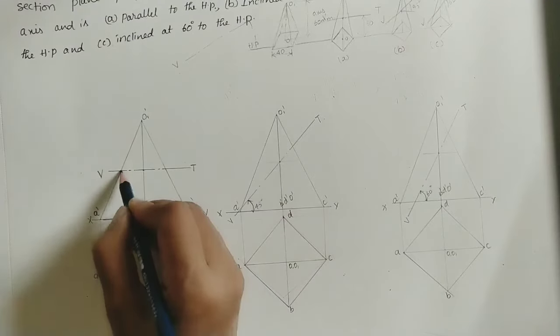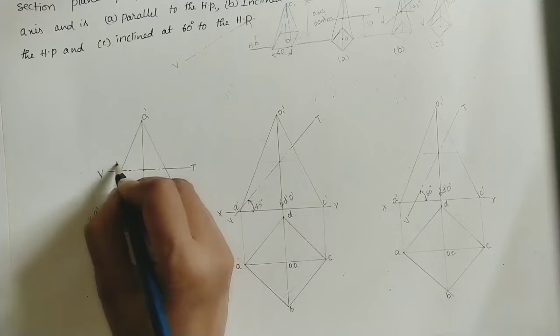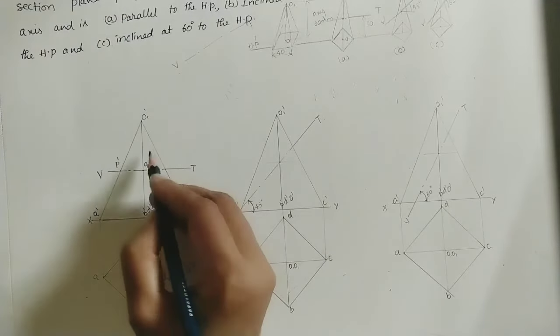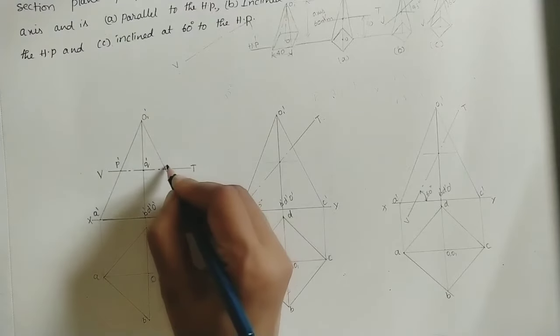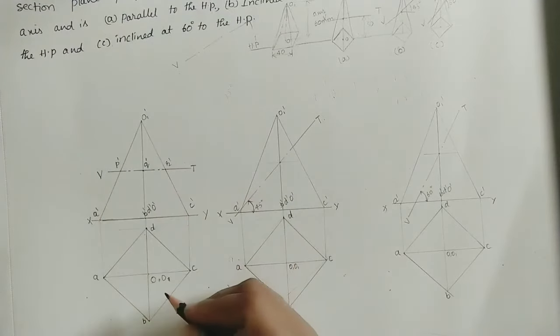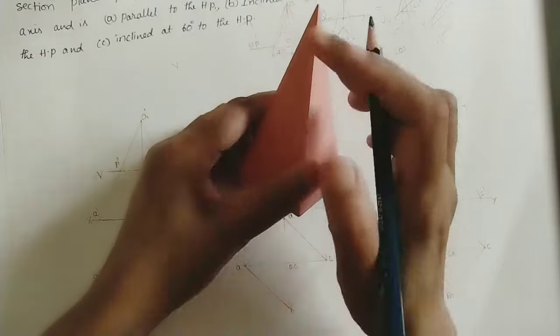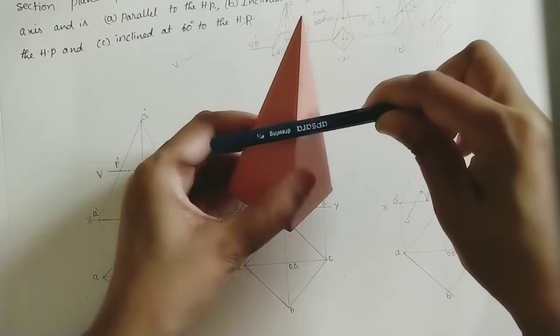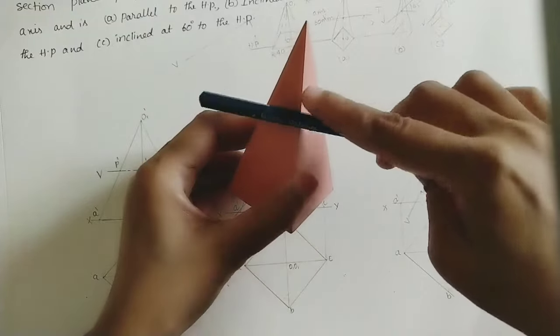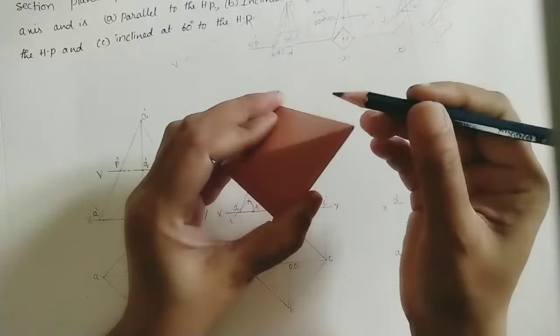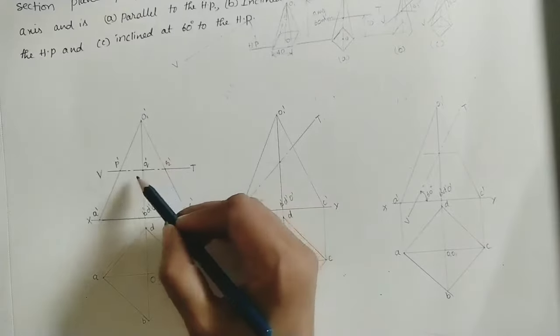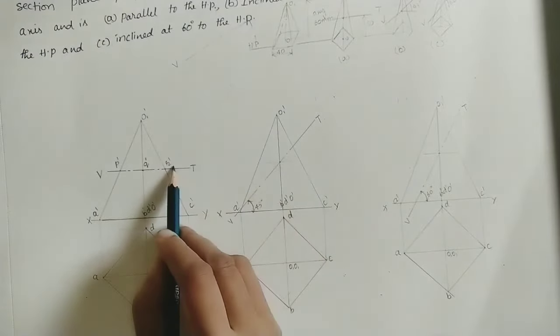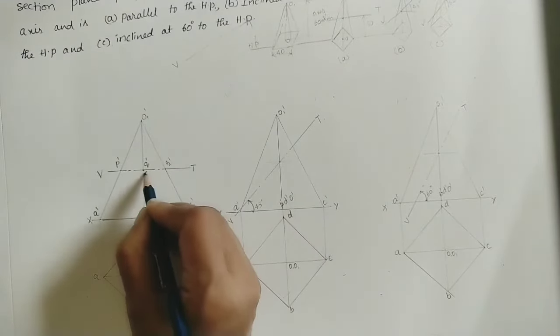Here mark the intersection points. Here I am marking this intersection point as P dash. This intersection point I am giving Q dash. Here R dash. Okay. If you see the position here, one slant edge is coming, and behind it one slant edge is coming. This cutting plane is cutting this portion. So this cutting plane is touching here at one point and here at one point. Okay. 2 points are coming at the middle. So PQR here we are giving. Give one more point here, S dash.